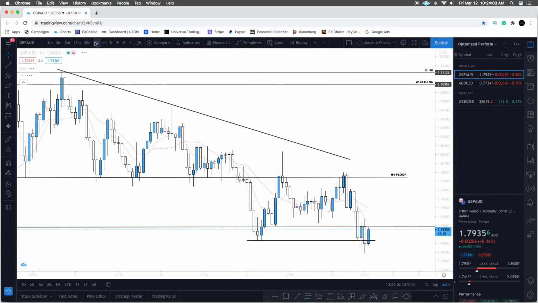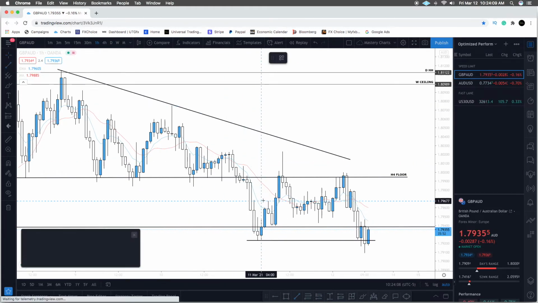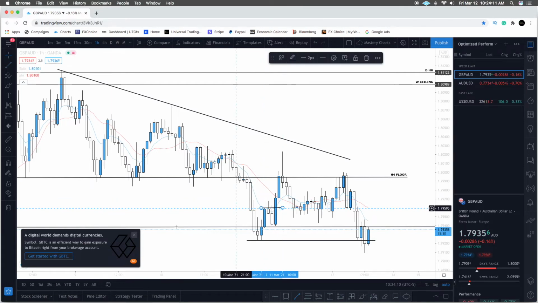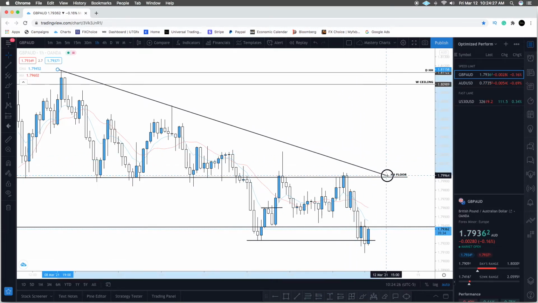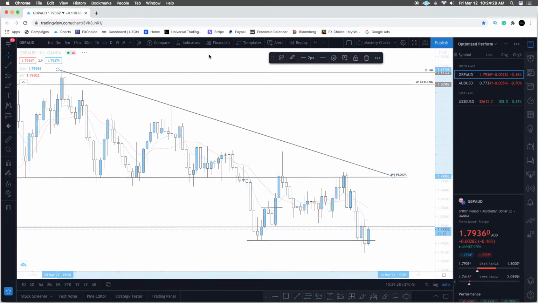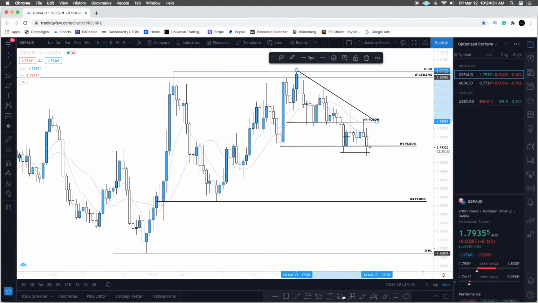So on my H1 time frame, I see here that the price did actually create resistance and broke out of that resistance here, pulled back, and now we're back at that floor. So if price can take me back up, then I'd look to continue on. I would need to break out of this resistance level, break out of this momentum trend line, and then we could look for a potential move back to the upside